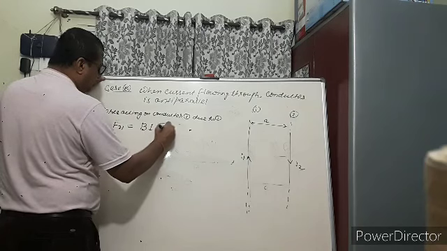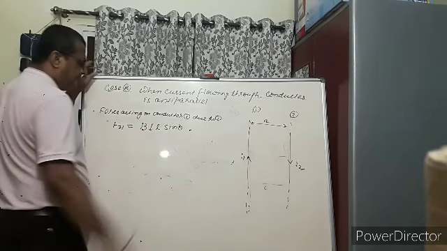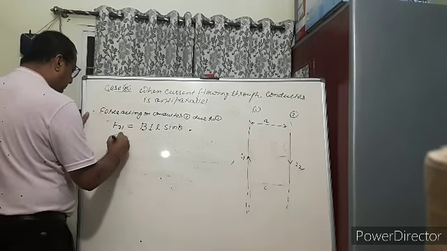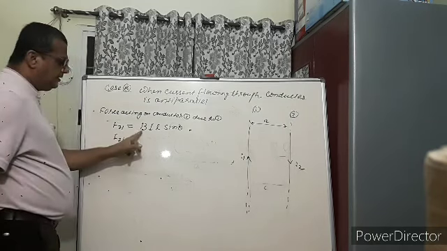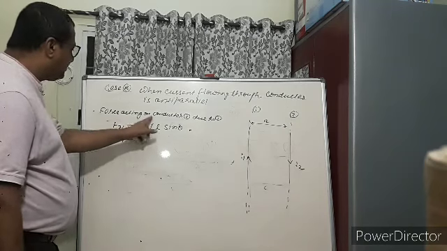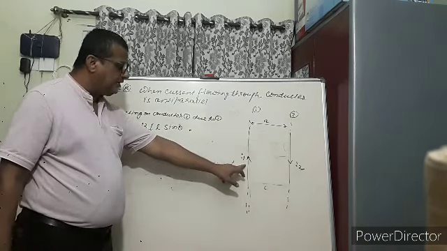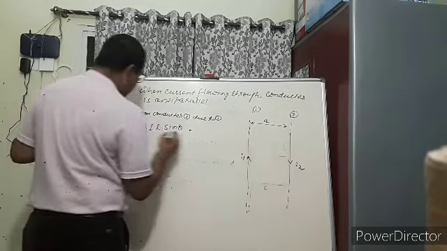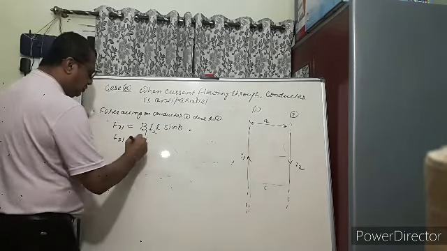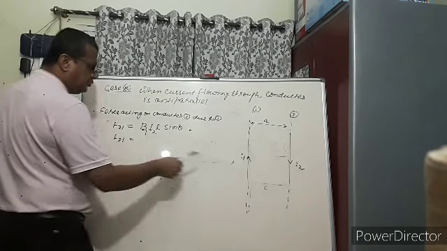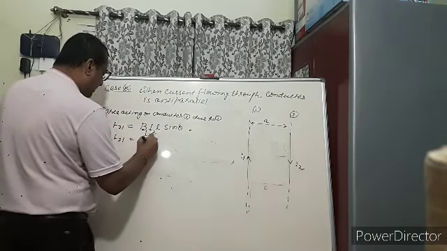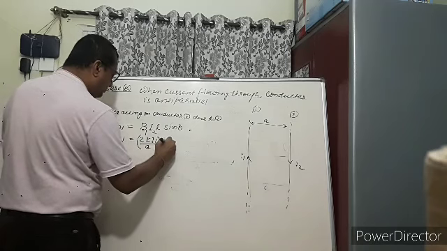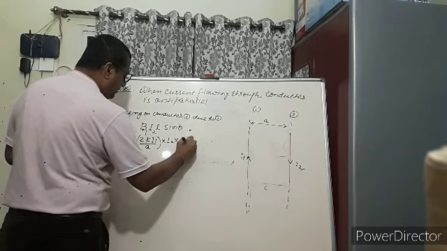Here B is due to conductor 1, and the force is acting on 2. So F21 is equal to 2K I1 by A into I2 into L into sin